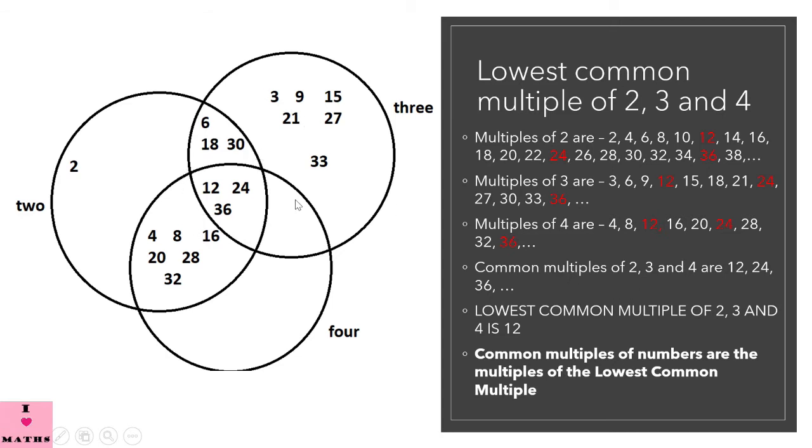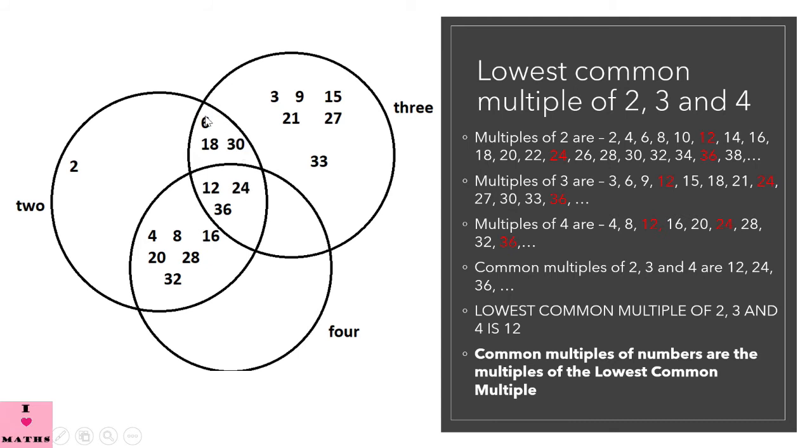Again, children, this is the Venn diagram which is showing that these are the multiples of 2, these are the multiples of 3, these are the multiples of 4. Now this portion you can see that it is included in 2 also and 4 also. So these numbers are the multiples of 2 as well as the multiples of 4. This also and this also. These are the multiples of 2 as well as the multiples of 4.